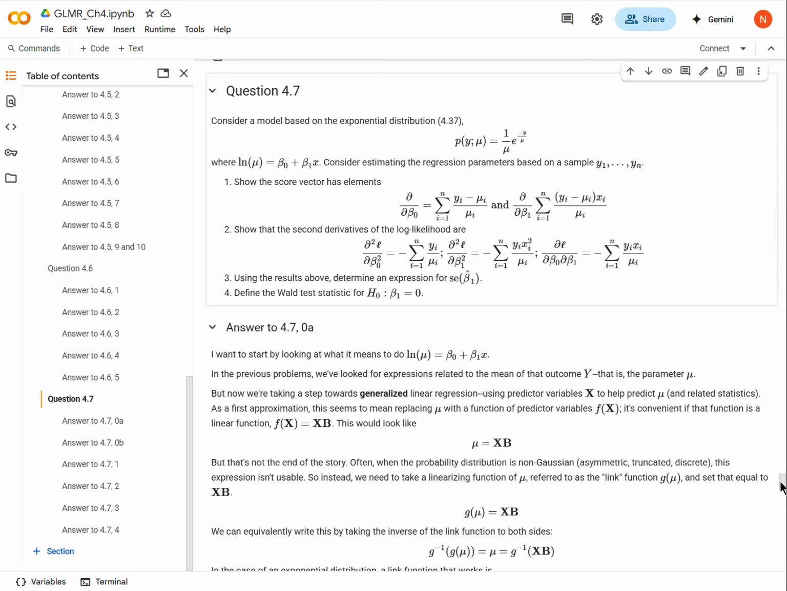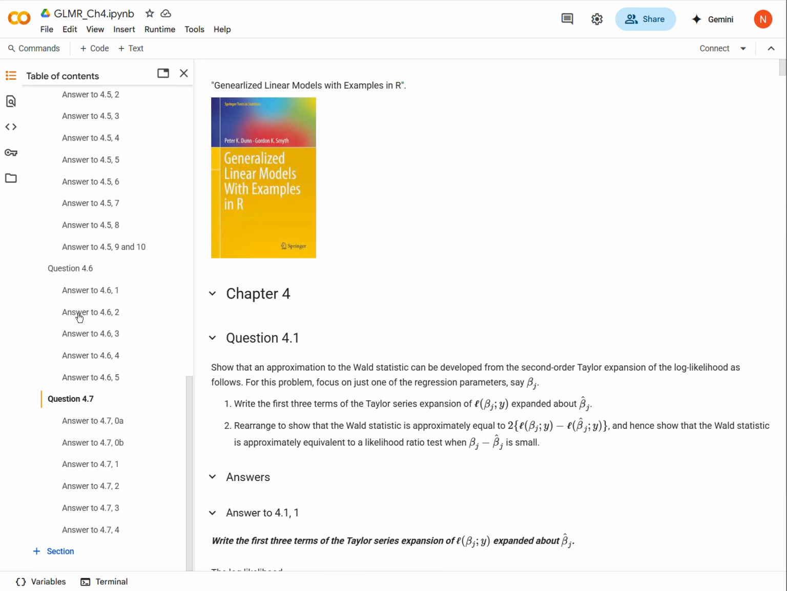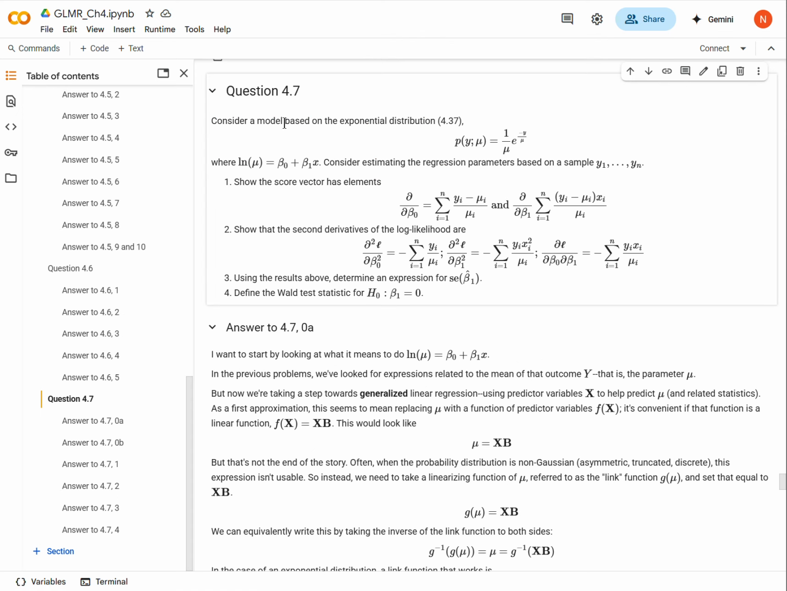is Generalized Linear Models with examples in R, and we're on question 4.7, so we're in chapter 4. Okay, so in the previous couple of questions, we have been looking at this probability distribution, the exponential probability distribution,